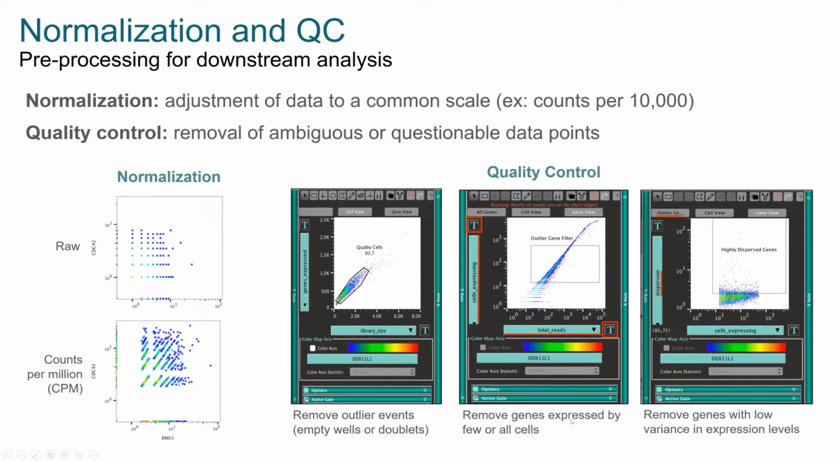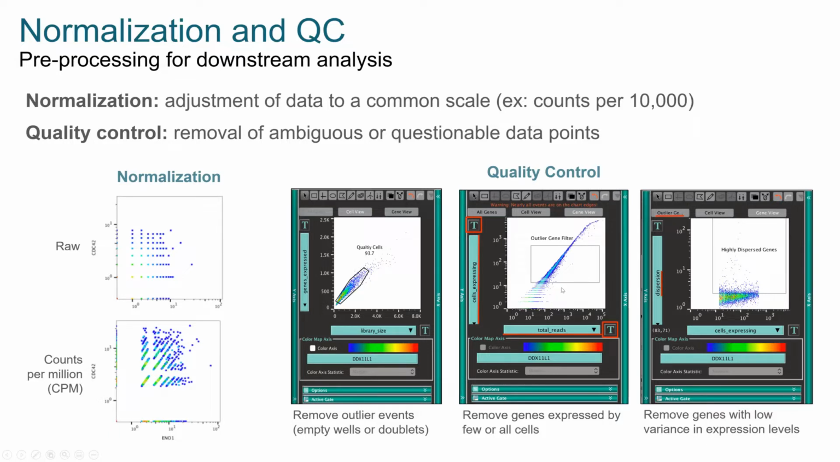So here we're trying to remove genes that are expressed by few or all cells, right? For an RNA sequencing analysis, you're going to get a lot of housekeeping gene expression, which isn't very likely to be informative for your analysis. So you're probably going to want to get rid of those kinds of genes, which are going to be expressed by all your cells. And the converse is you don't necessarily want transcripts that are expressed by only a few